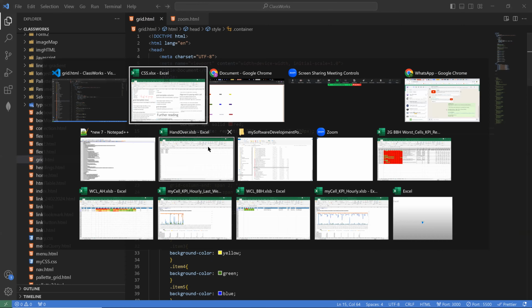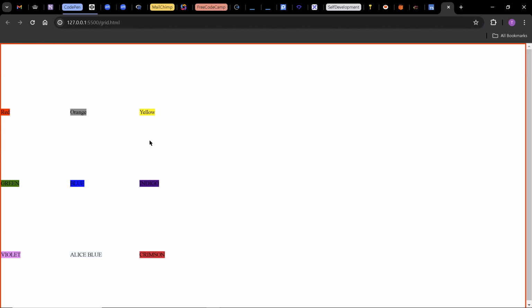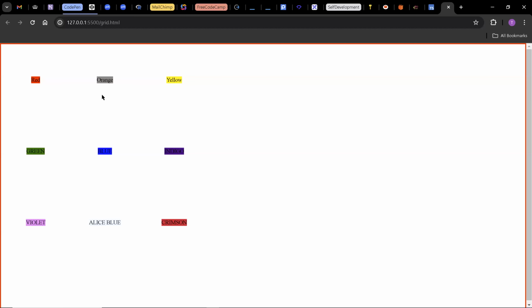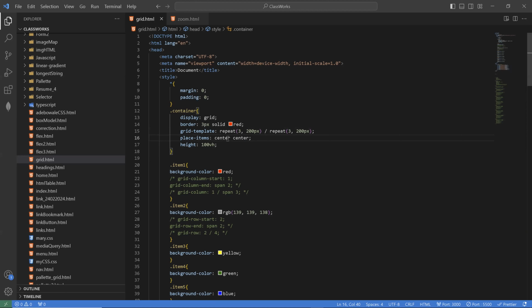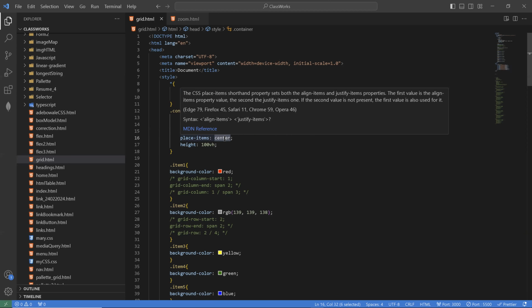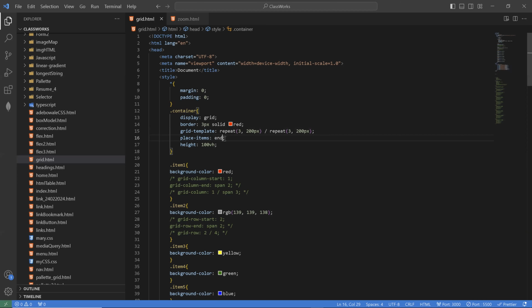If I go back to the browser, you see that there is no change whatsoever. But if I do center and center, you will see it going to the center of the cell. Now, because the two are the same value, I can type only a single value and I will still have the same effect. If I type end for the two, end, this simply means that align items,